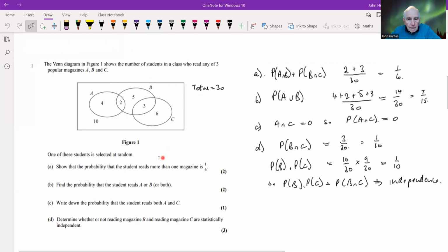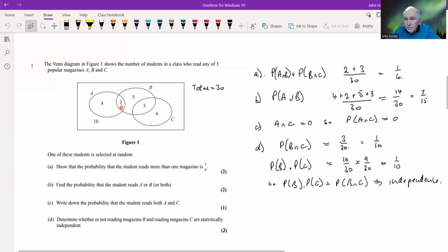Okay, so let's have a look at the actual questions then. One of these students is selected at random. Show that the probability that the student reads more than one magazine is 1/6. Okay, well, just by looking at this, we can see we've got something representing A and B and something representing B and C. But these two spaces themselves don't actually intersect. So therefore, we can just add these two together. So the probability that they read